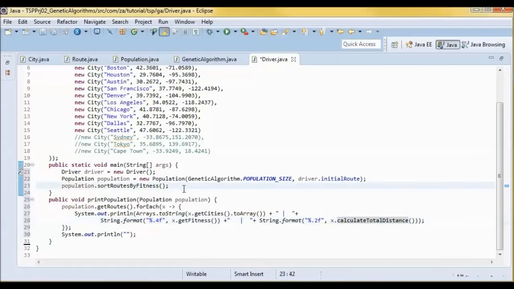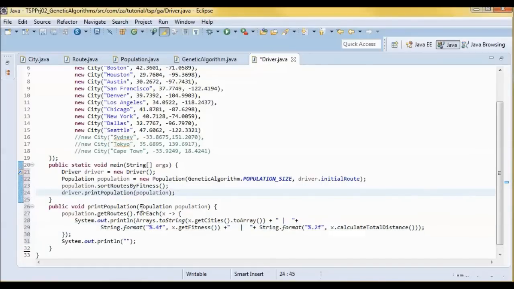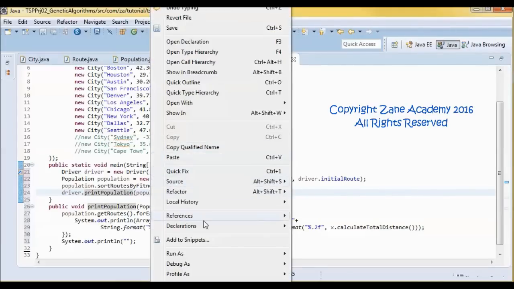So let me go ahead and call that method from main, and let's test run it.